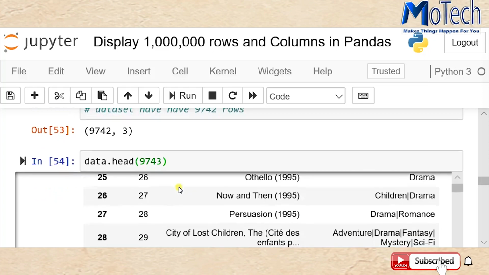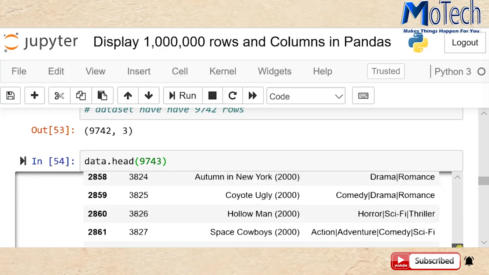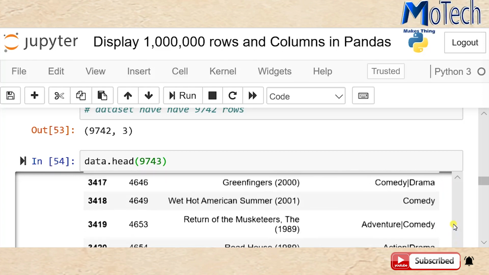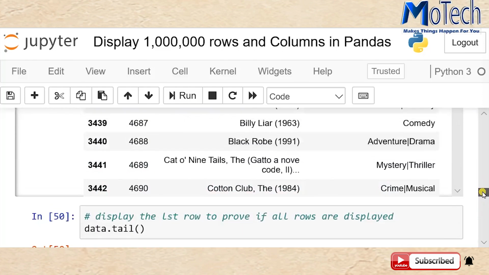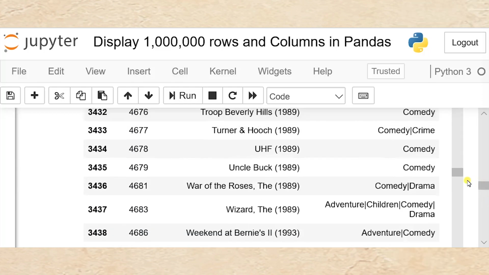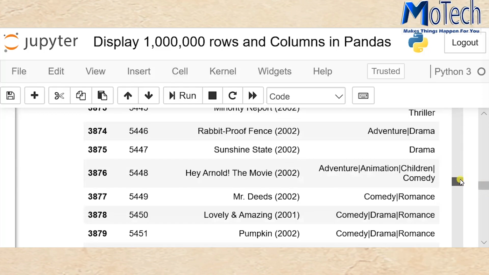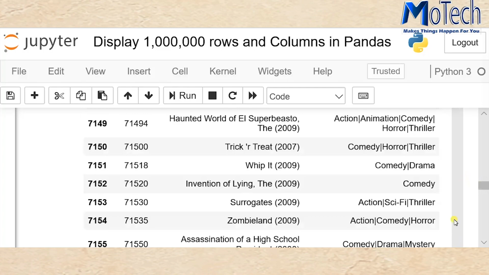Now, if you see here, all rows have been displayed. You can see these are our rows being displayed.